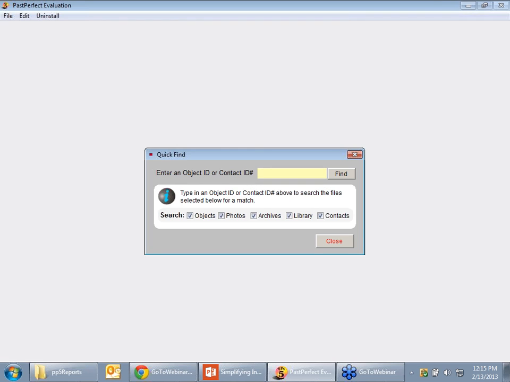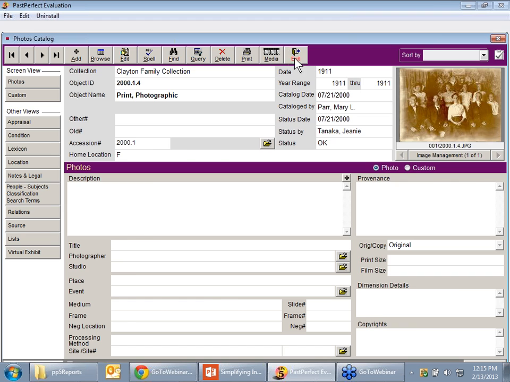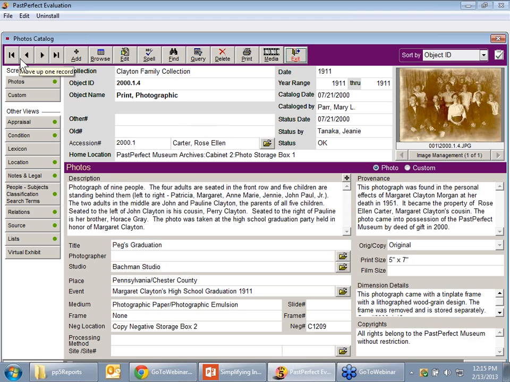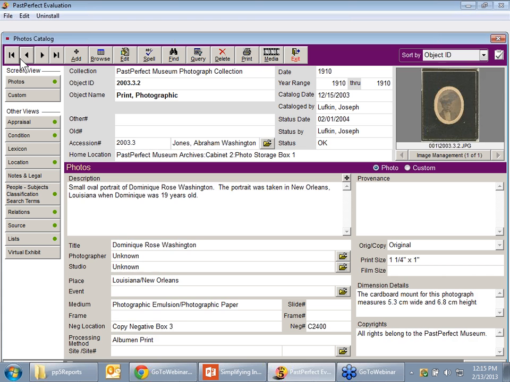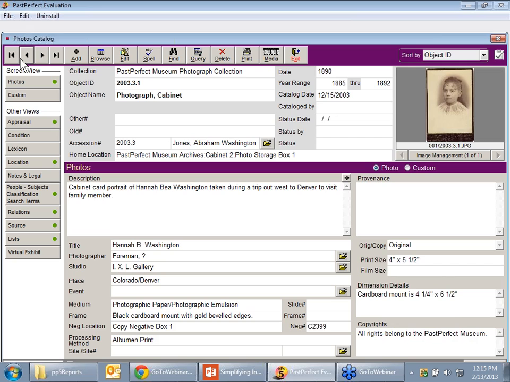So if I click on Exit here, I'm going to use that barcode scanner now. You should hear a beep in the background in just a second. I'm going to scan it. That's it. So it typed it in for me and immediately jumped over to this photograph, which I have. Go ahead and hit Escape here and hit Quick Find again. Let me scan another item,